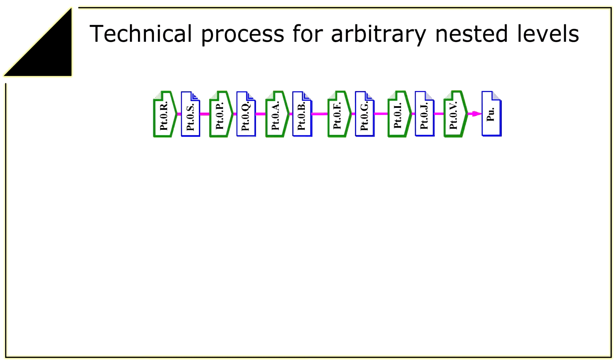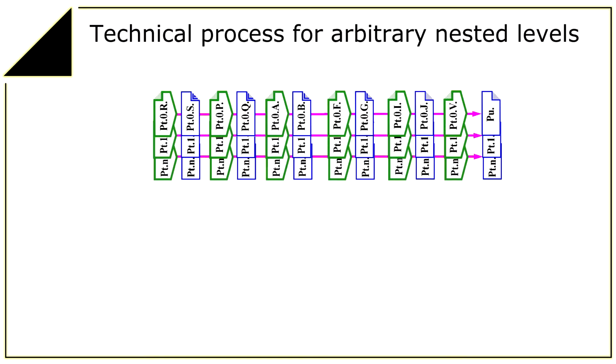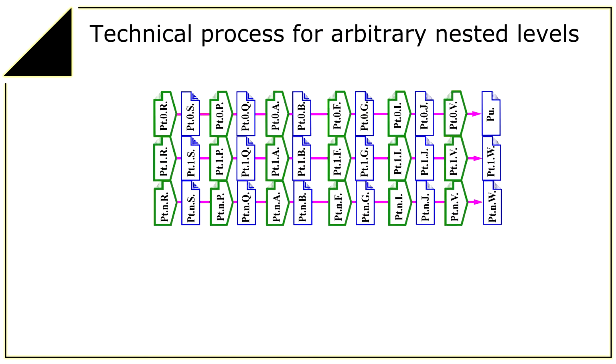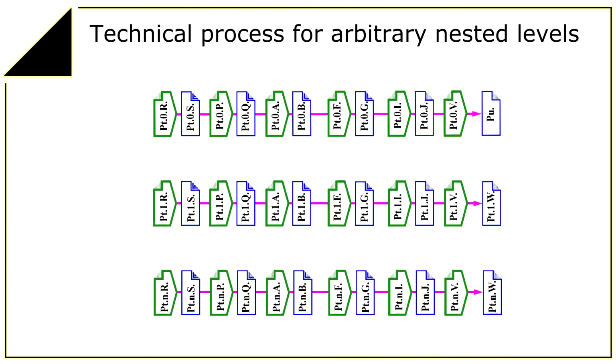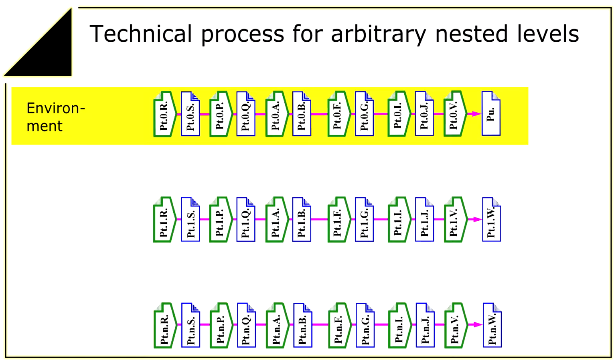The just shown technical development process doesn't contain anything about scaling. So, take this process as the starting point and multiply this process for each nesting level. The outermost process level now takes care of the environment with its existing elements and of the parts to be developed, such as the product black box and its environment interfaces.